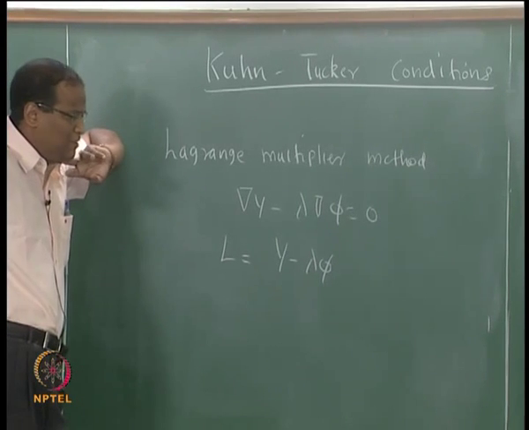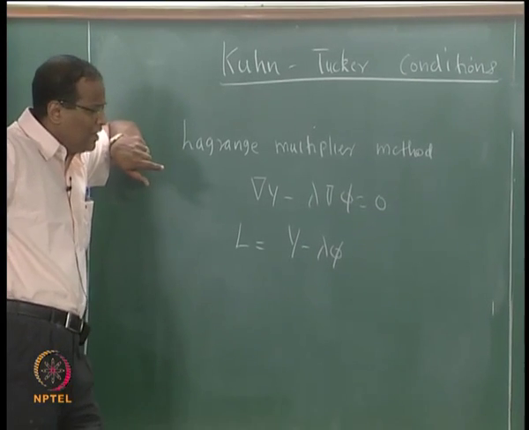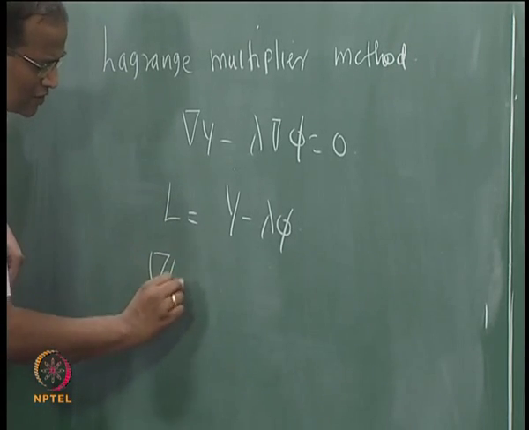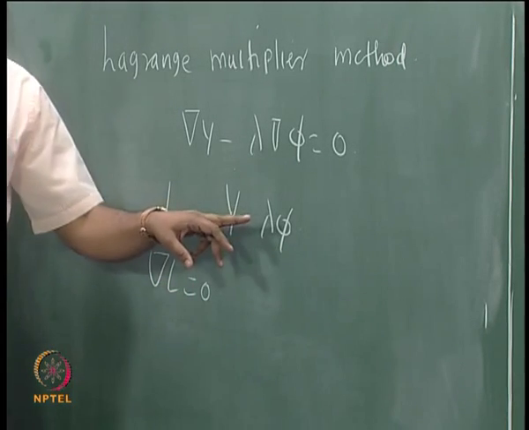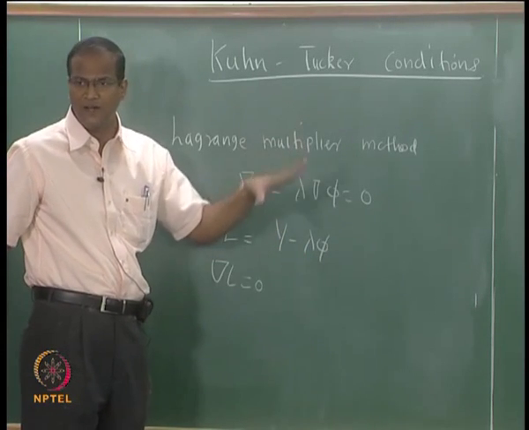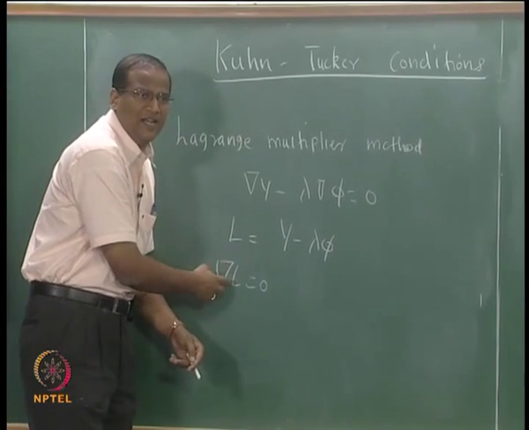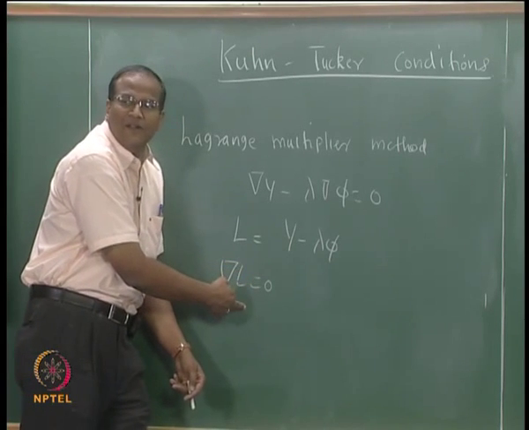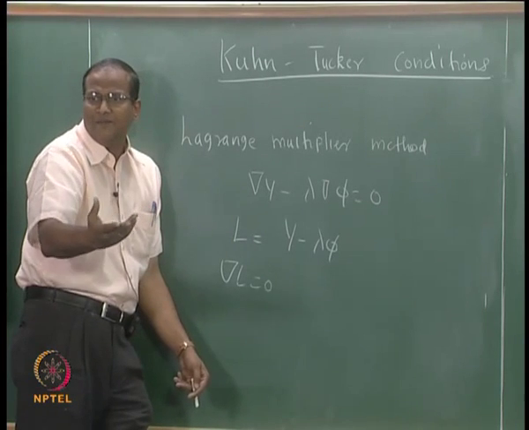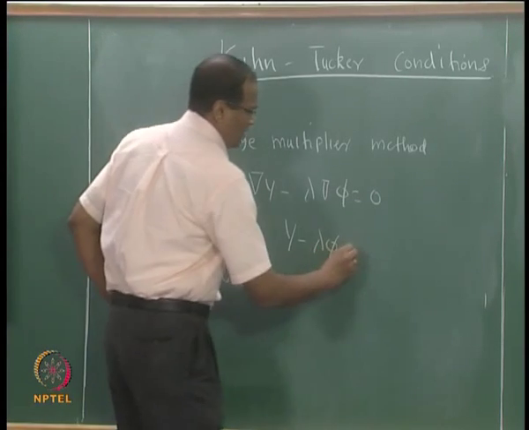It is analogous to defining a function L which is y minus lambda phi and we are trying to make it stationary, okay. Then you could solve for del L equal to 0 and then you will get all the answers in terms of lambda, and technically it is possible for you to fine tune the value of lambda such that you get realistic solutions. But because we do not want to do that exercise, apart from making del L equal to 0, we also add phi equal to 0 and solve the n plus m resultant equations to get m Lagrange multipliers and n values of x1 to xn, right. So this L is called the Lagrangian function.